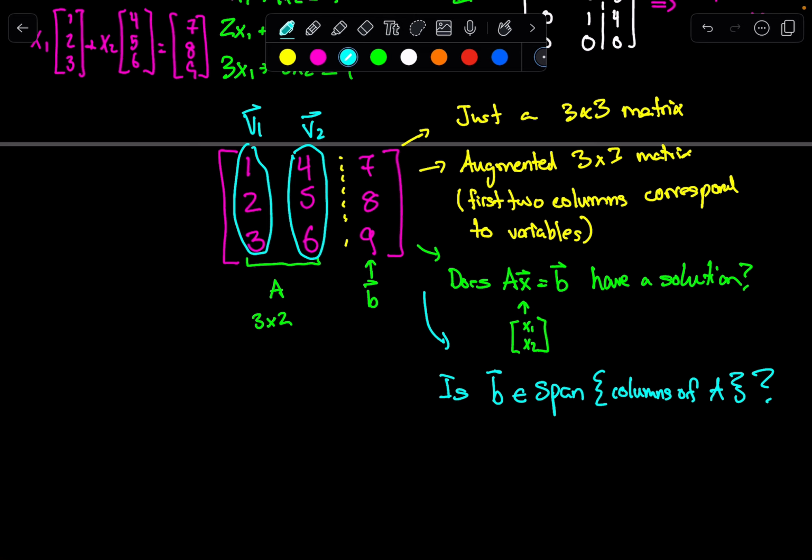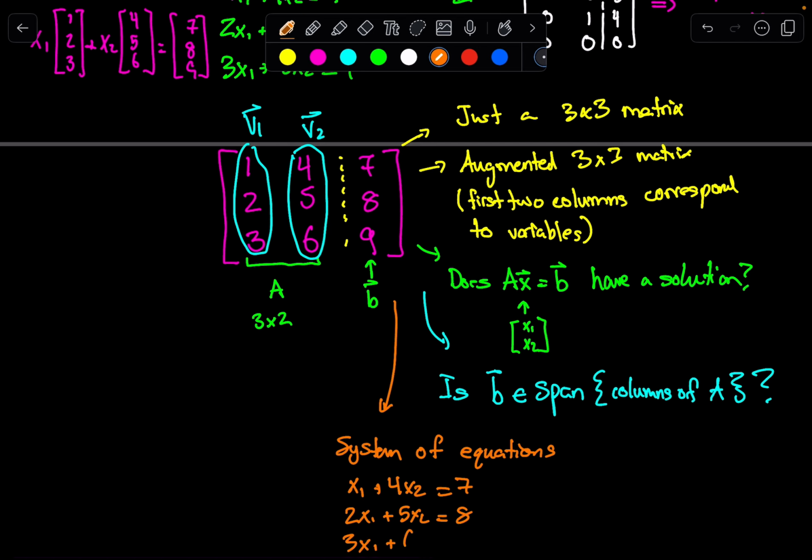There's a whole bunch of different ways of looking at this. We could also go back to just the OG way of looking at this, where this could be a system of equations, which reflects the augmented case, where this is just x1 plus 4x2 is equal to 7, 2x1 plus 5x2 is equal to 8, and then 3x1 plus 6x2 is equal to 9. So this box of numbers is now developing a meaning, and we're not just stuck on what we learned in Algebra 2 class, which is, oh yeah, we're looking at the intersection of some lines. We can view this in completely different ways and talk about vectors, and eventually we're going to learn our vector